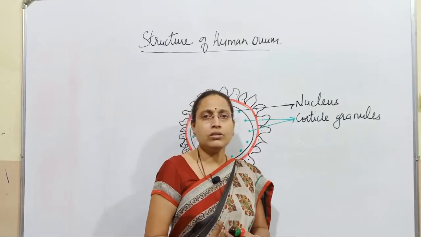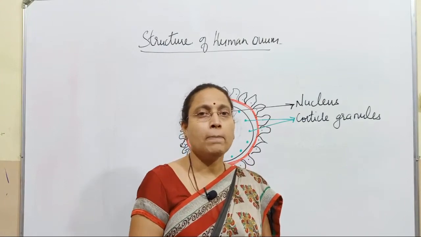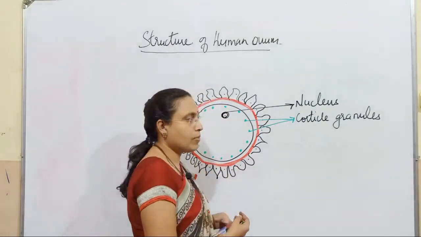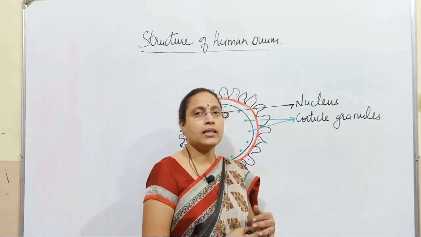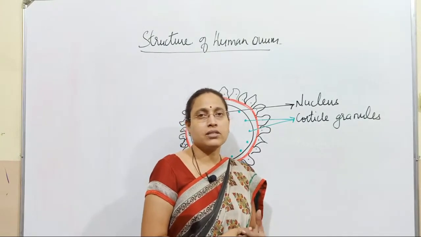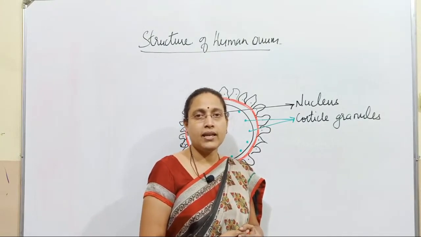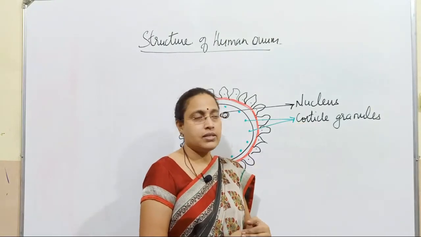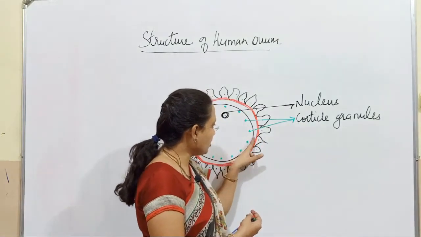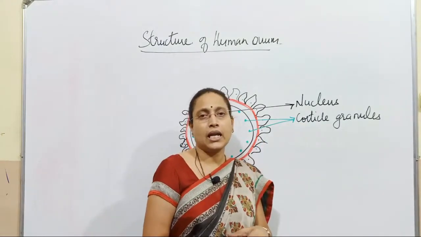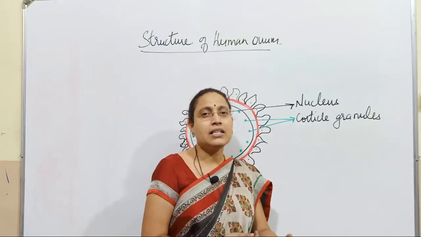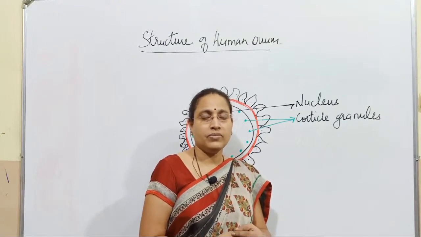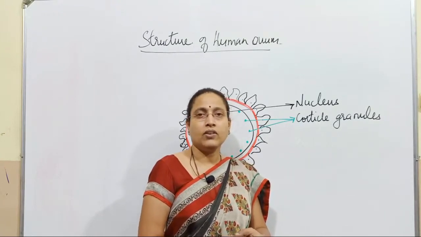So the cortical reaction also is responsible for prevention of polyspermy. So apart from zona pellucida, it is actually the cortical granule that also supports the prevention of polyspermy. Those are called cortical granules. They will be present at the periphery just under the plasma membrane. Their contents will be released once the calcium release occurs from the endoplasmic reticulum. This, however, will be covered in the further classes.